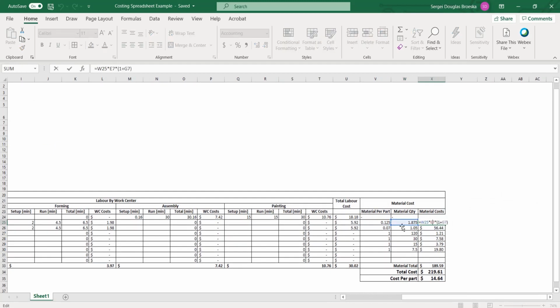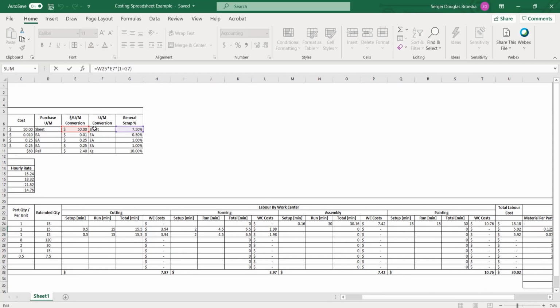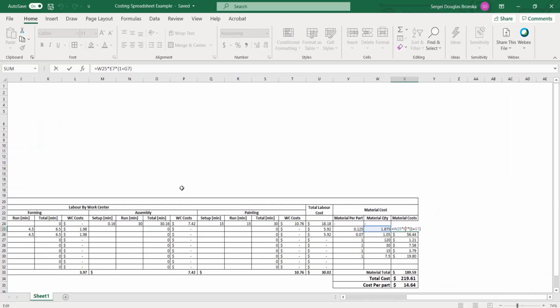And the material cost multiplies the total material used for this order by the unit of measurement conversion. This is the cost of the material that we use per the unit of measurement conversion used in the factory, and then we add in the scrap rate. So that is shown in this formula right here. All right, and so all of these get added up right here,